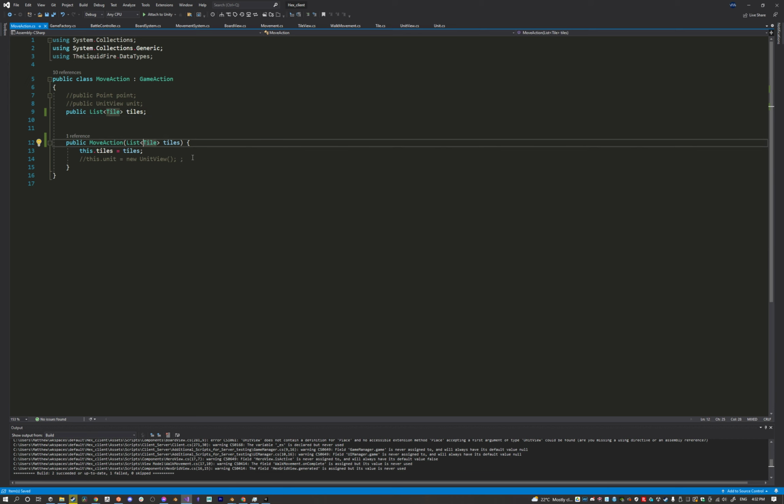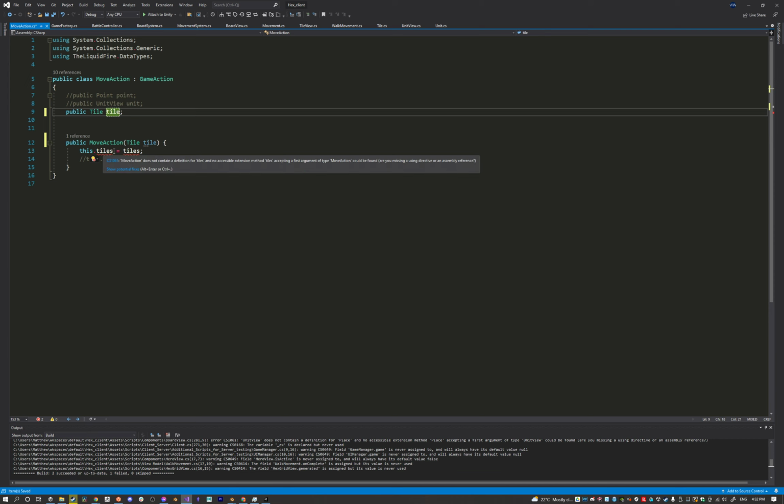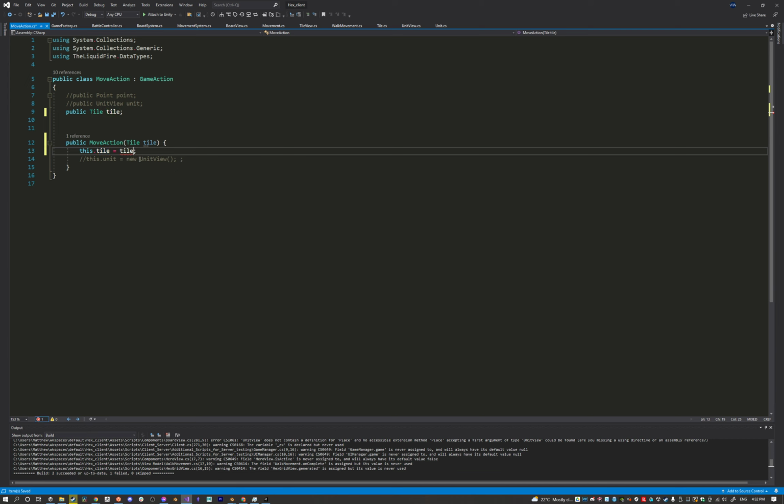It will be a move to single tile. It's just going to be a single tile move. Yeah, that sounds like it's going to make sense to me. Okay, let's go to